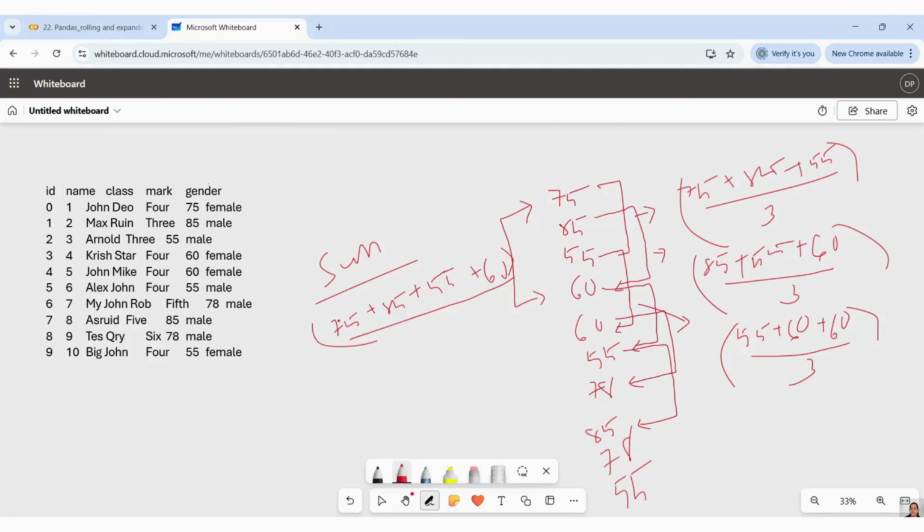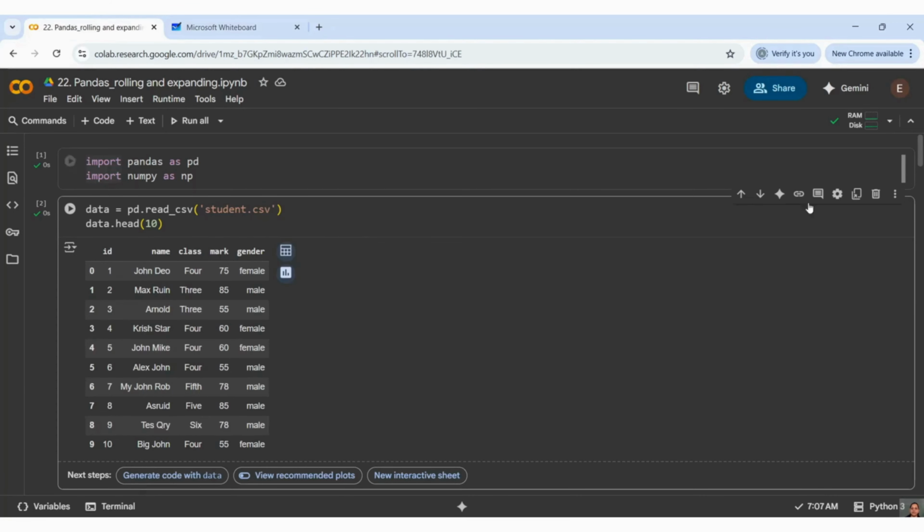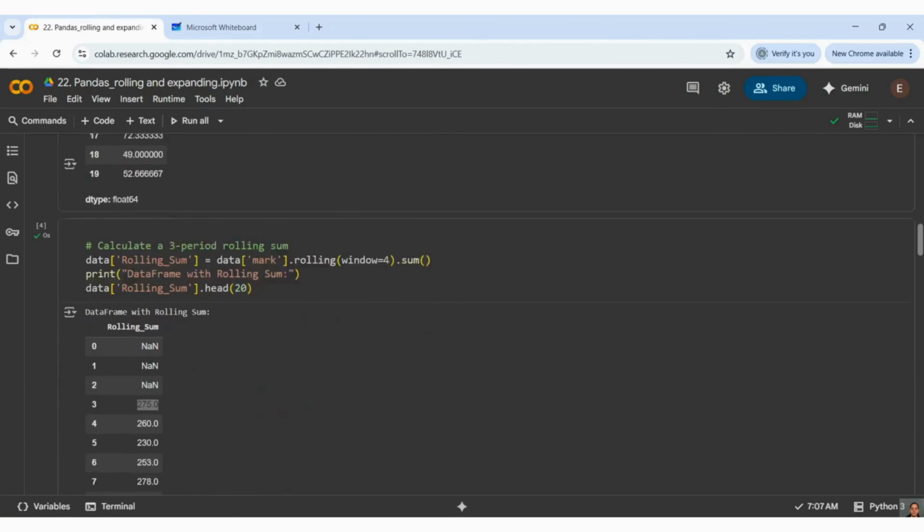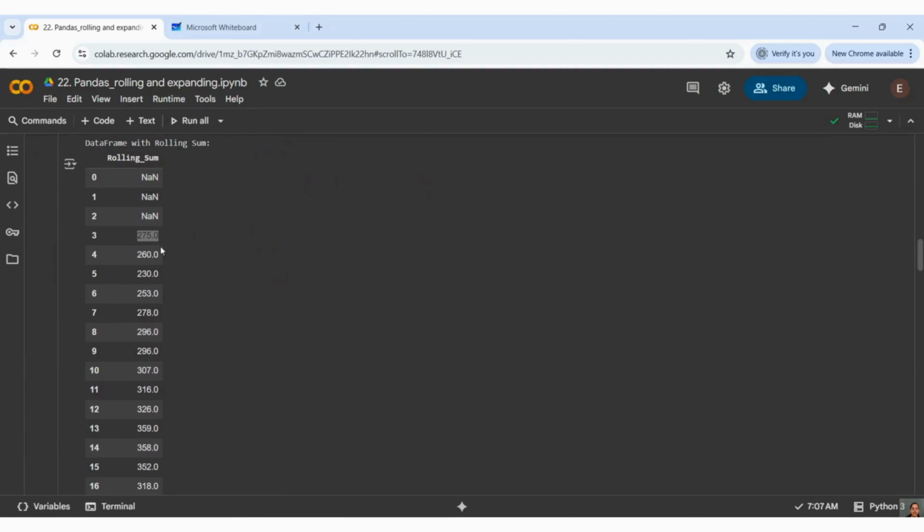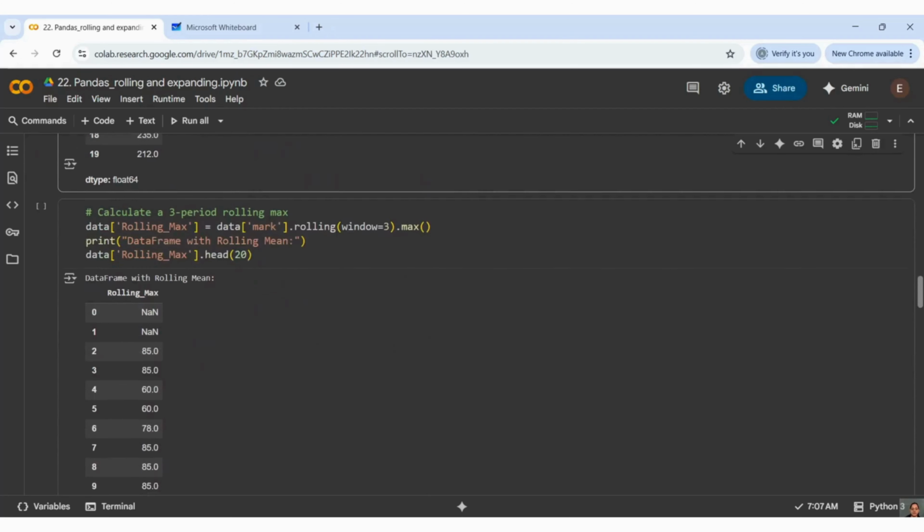And if we have some other requirements as well, we can use this there too. Again, the window will shift from 85 to 60, then 55 to another 55, like that. So like that, you can calculate the sum, guys, and the same output I'm getting here.